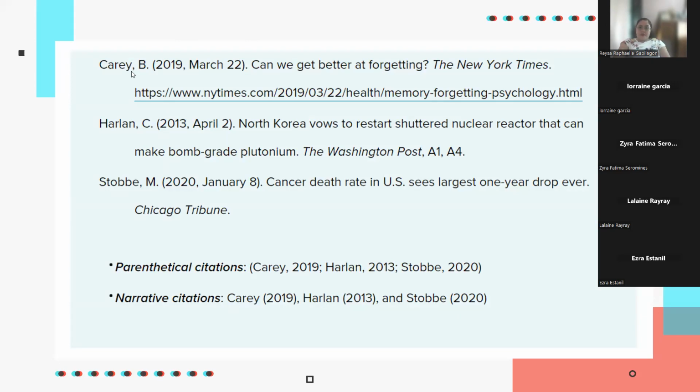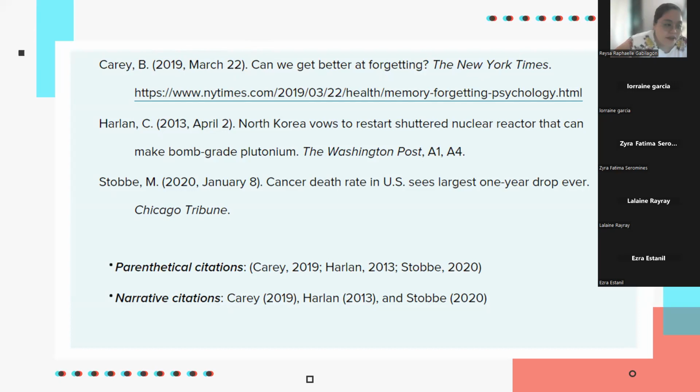Actually the same format, still have the name of the author, but the same with the magazine, you have to include the complete date, including the month and the day, not just the year. And then after that, the title of the article. This is the title of the article here, and the one in italics is the name of the newspaper. Okay? Again, name of the newspaper, ito, the New York Times.